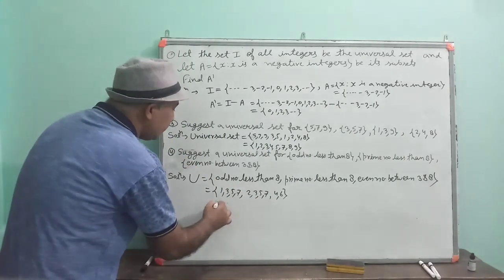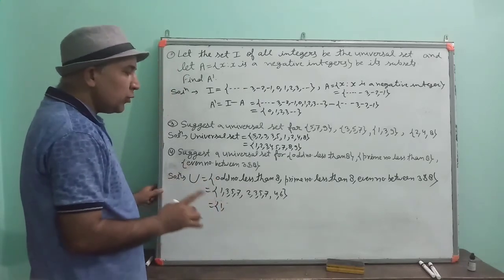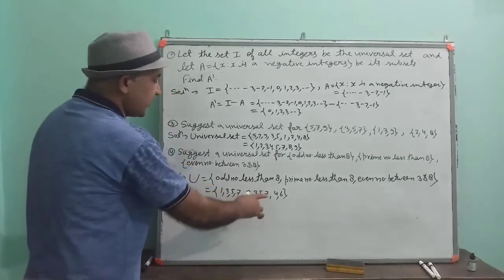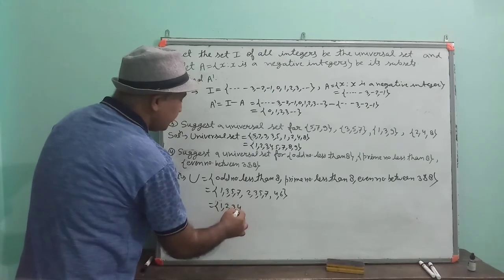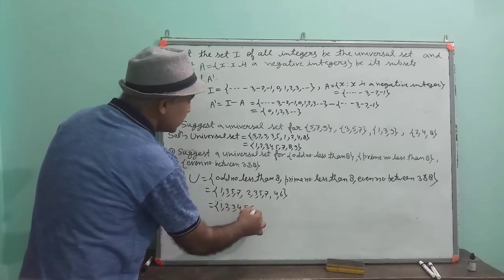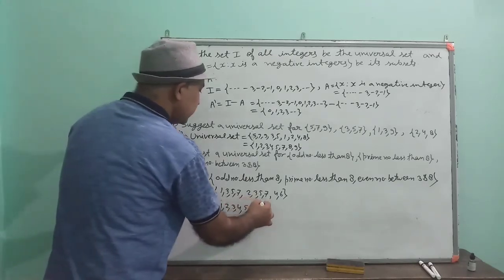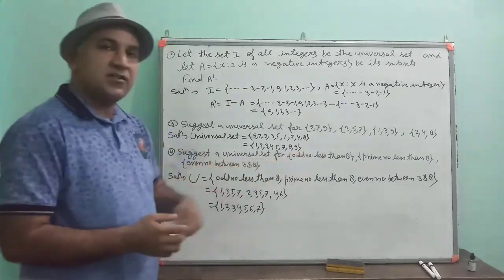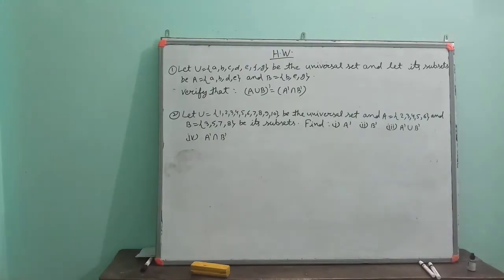Now we will make the final answer. When we write a set, no element should be repeated. And here you are watching that many elements are repeating. So we will write every element only one time: 1, 2, 3, 4, 5, 6 and then 7. Only these? Yes. This is the universal set of the given sets. Okay, now pause the video and note down these questions.